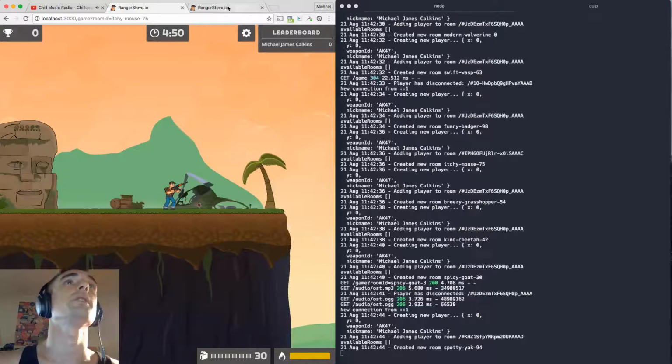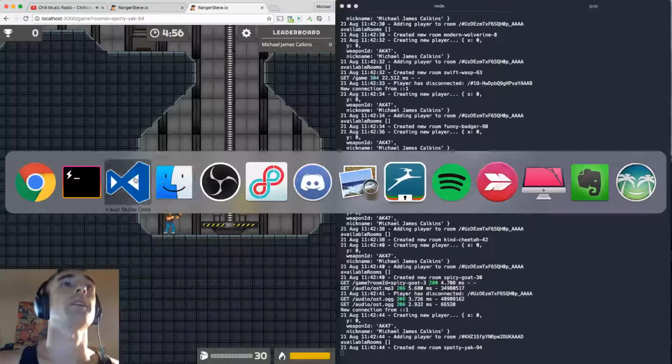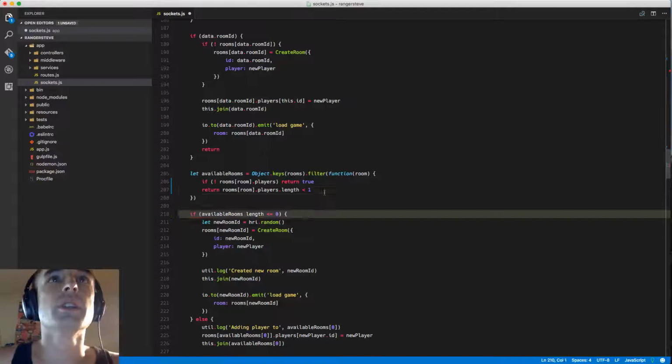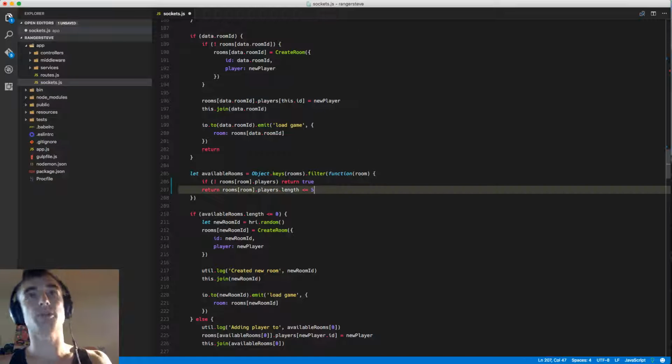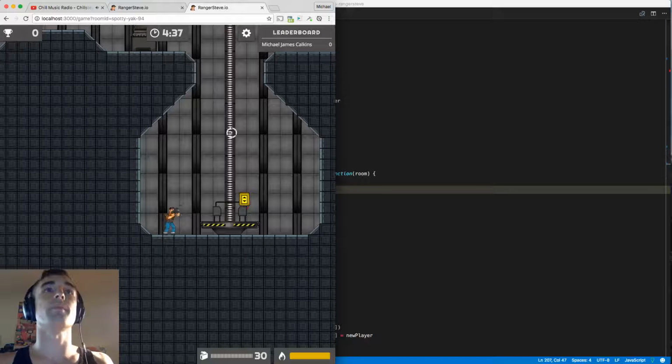Spicy goat, 3. Itchy mouse, spotty yak. There we go. So we're going to change this. If it is less than 6, or if it is less than or equal to 5 people,